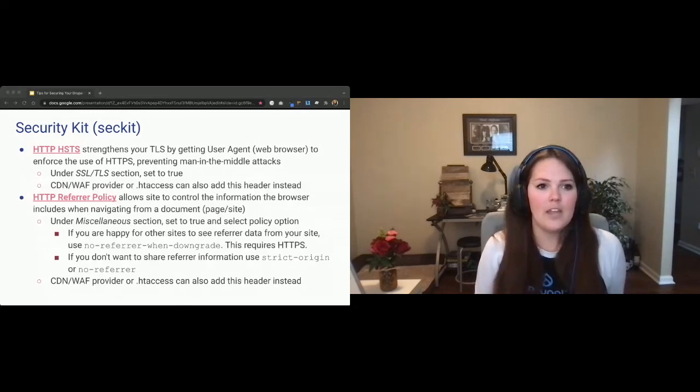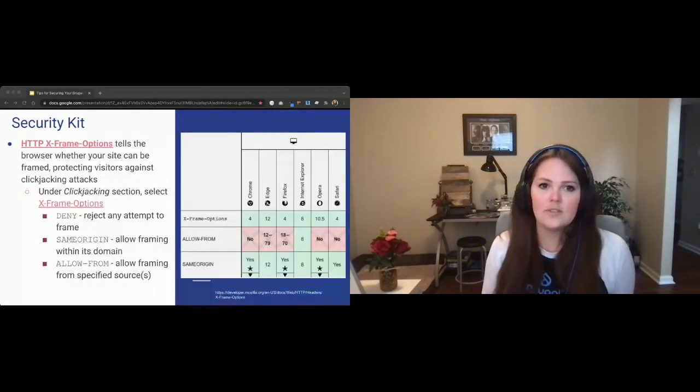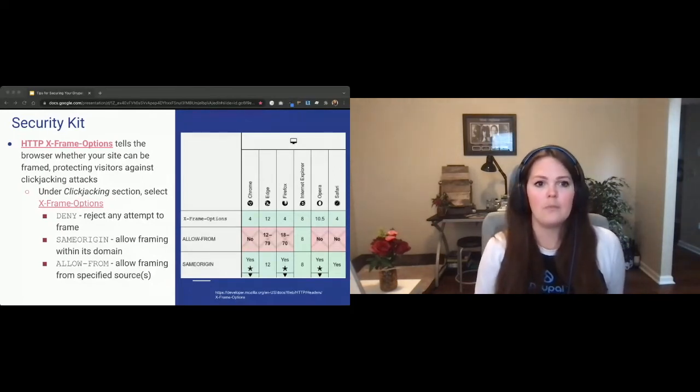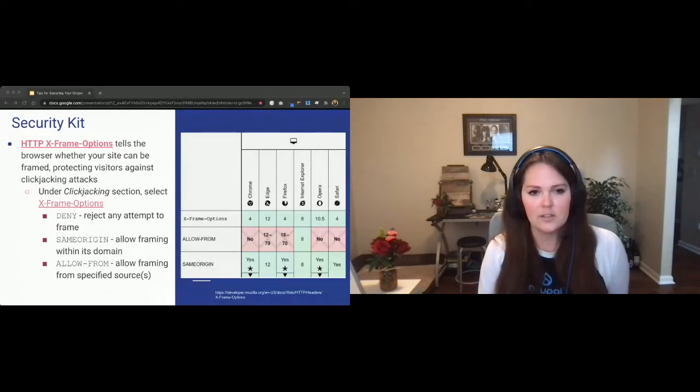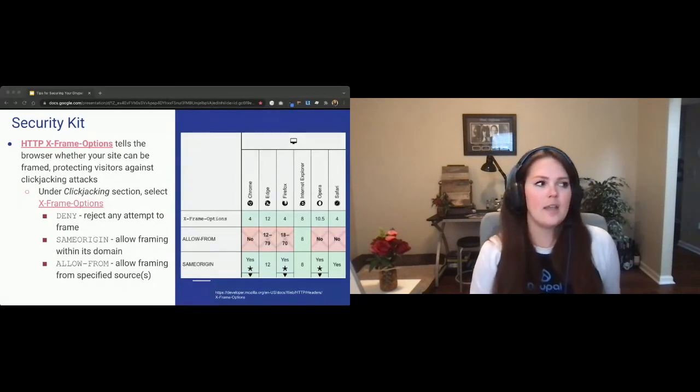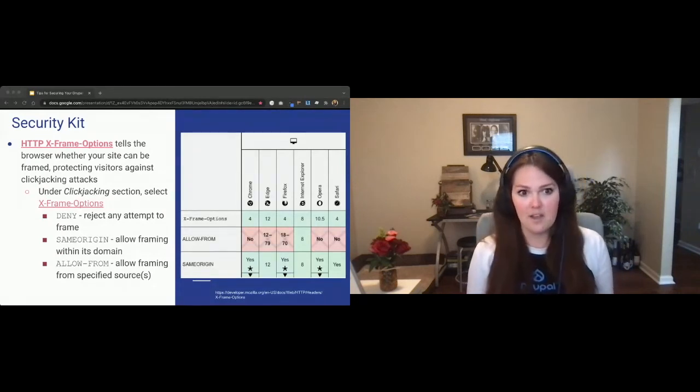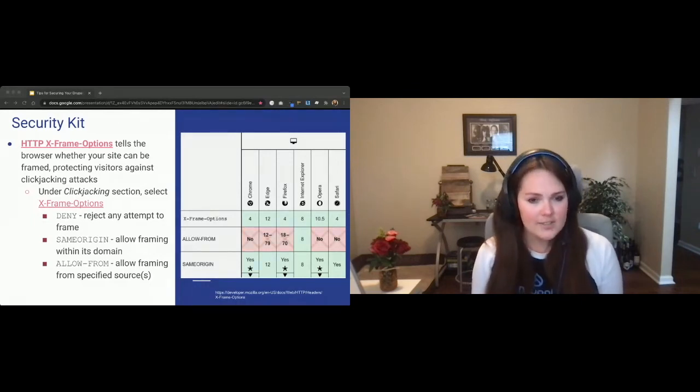All right, HTTP X-Frame-Options. This tells the browser whether your site should be framed and protects visitors against clickjacking attacks. So this is saying if another website, for example, can iframe and source your site. This is located under the clickjacking section of the SecKit configuration page, and you'll want to select which